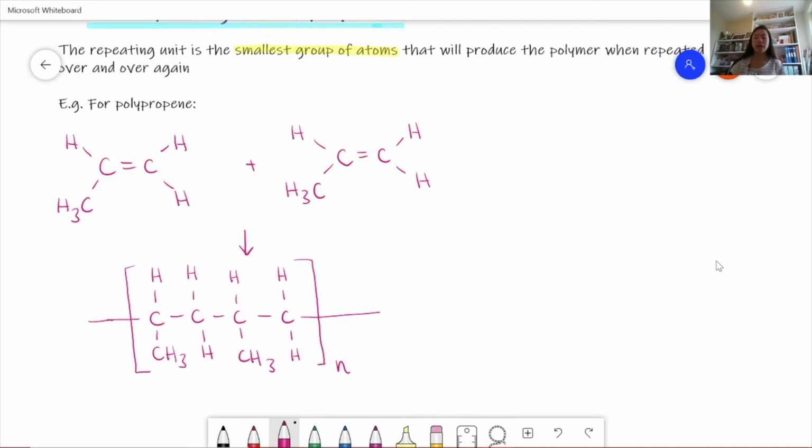And so to find the repeating unit, we need the smallest group of atoms that will produce this polymer when repeated over and over again. And so we can see that if we take this bit, actually this is exactly the same as this bit next to it. And so the repeating unit is just one of these, because this is actually a repetition of the repeating unit. So this is 2 times the repeating unit. And so we get that the repeating unit